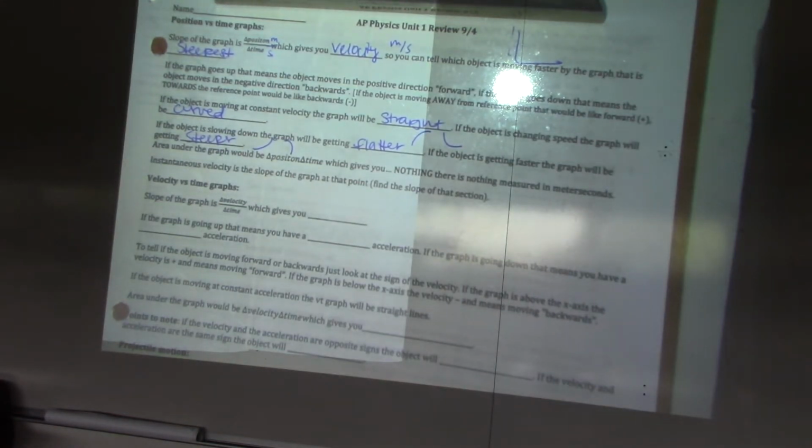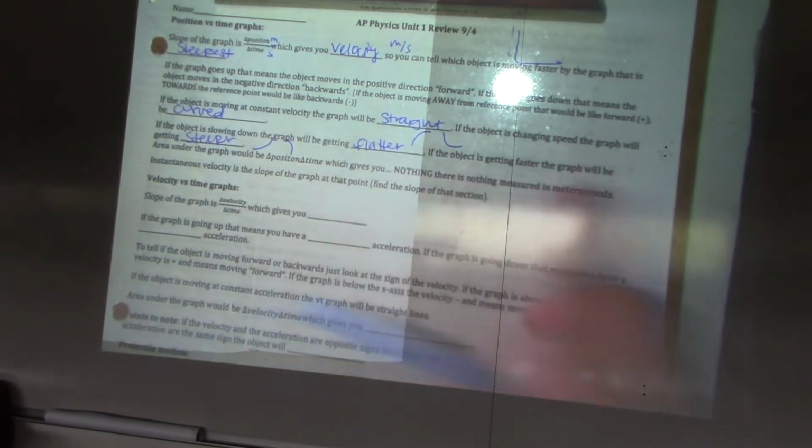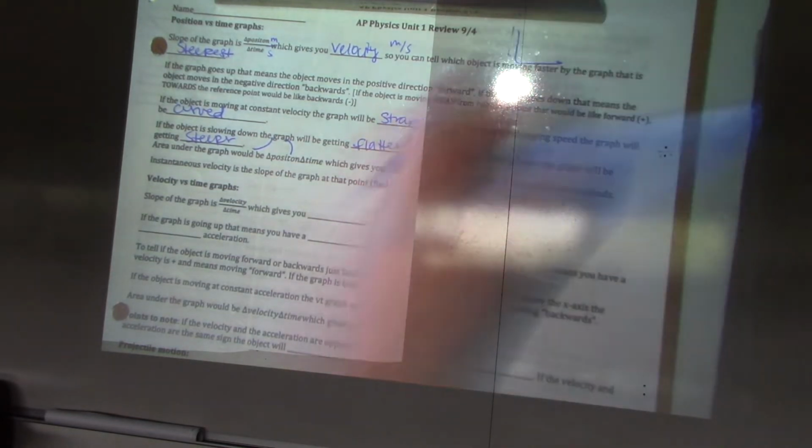Area under the graph would be multiplying the two. When you find area, you're multiplying x and y. Position times time would be meters times seconds, which doesn't give me anything. That means nothing. And occasionally you'll be asked for instantaneous velocity. That would just be velocity at that point, which if it's constant, you can just find the velocity of the